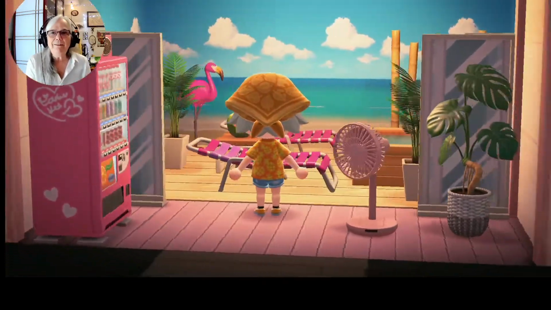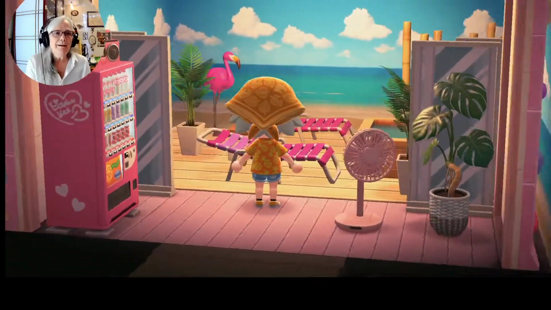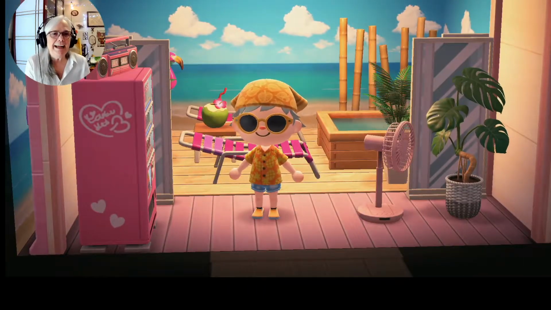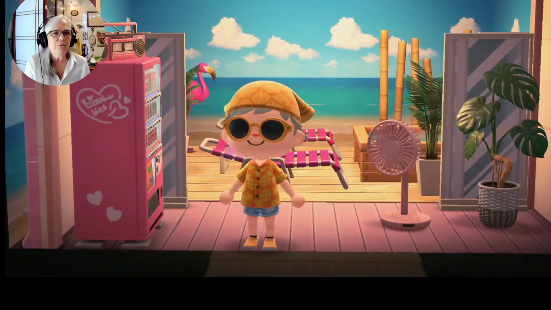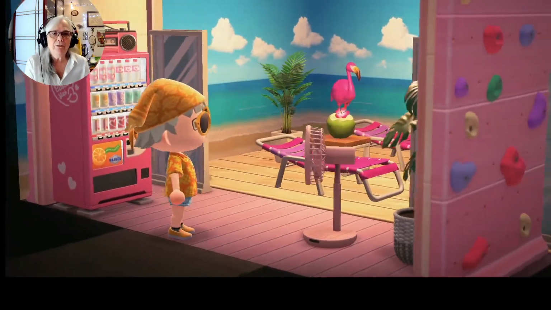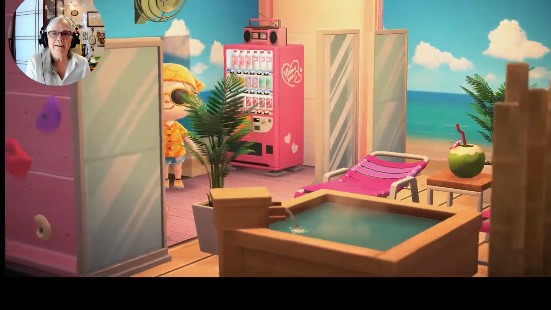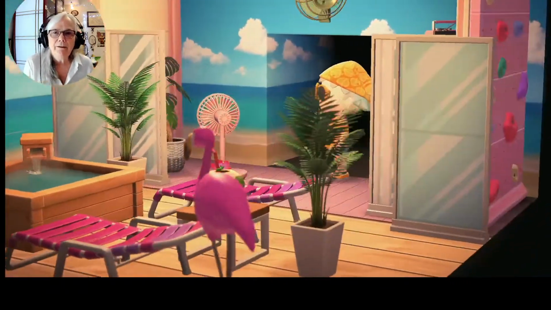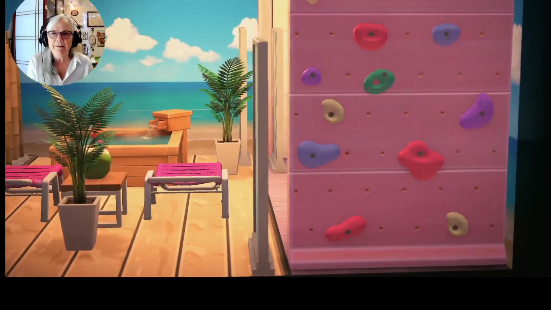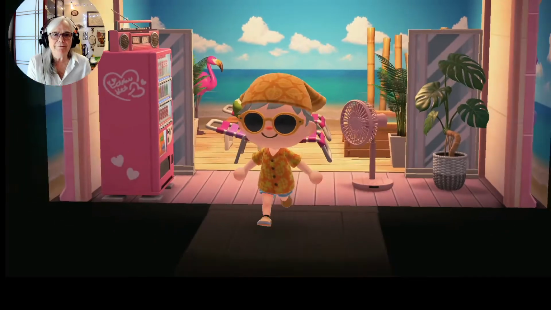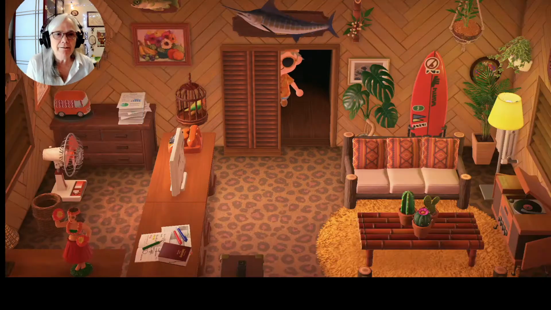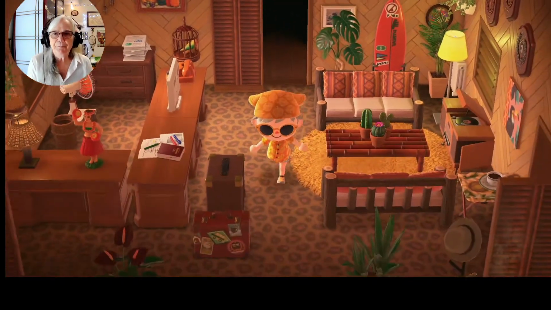Okay, well, so this is interesting. You notice how they're using the back side of a climbing wall? I've seen this quite a bit. It's wider, so you never really see the back side unless you're doing this. But it's just a way to break up a room and make it look more interesting. And yeah, this is beautiful. And again, they've got a fan. This one's a stand-up fan. So all these fans just give you that feeling of life.